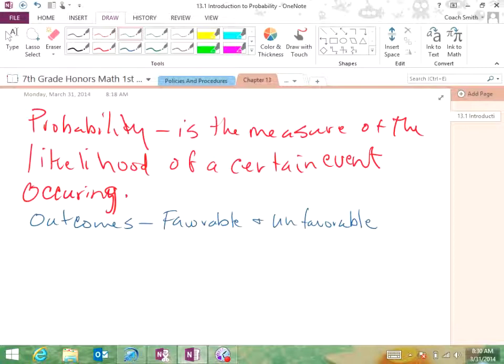A great example is if you live in Dallas County, you have a better probability of getting in a car accident than you do if you live in Tarrant County or in Fort Worth. The reason being is you've got more people driving cars in Dallas, so that raises the probability that there's going to be a wreck. Well, that's not a favorable outcome for Derek to have a wreck, but it is an outcome that insurance companies look at to raise your insurance rates. If it's more of a probability that Derek is going to get in a wreck in Dallas County, and he lives there, then he's going to have to pay more insurance